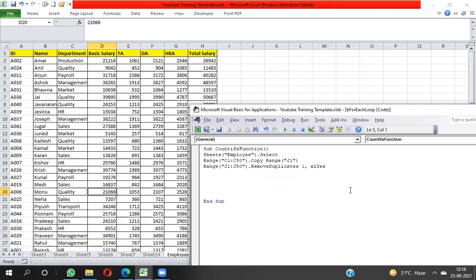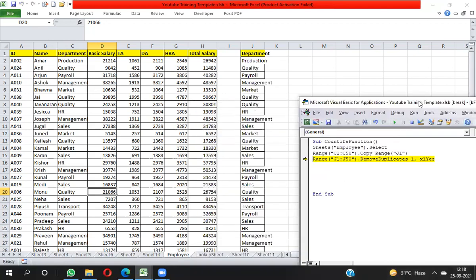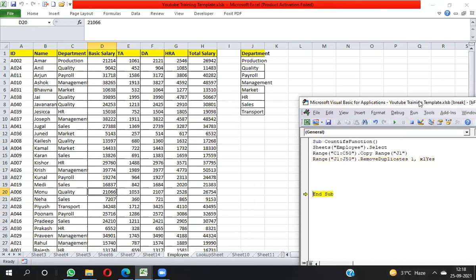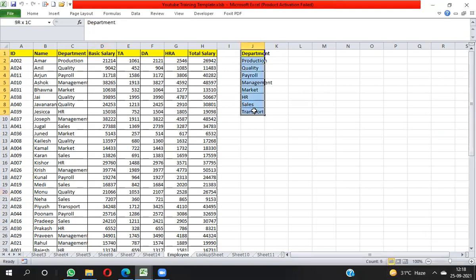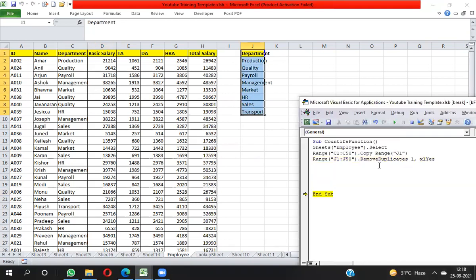Now I'm just running this much of the macro. Done. Data with duplicates removed. Now I need to continue.